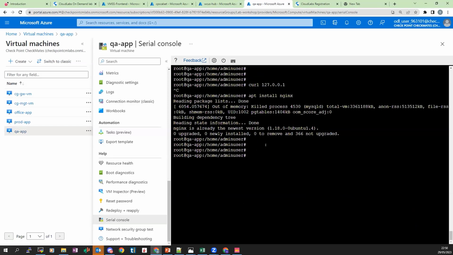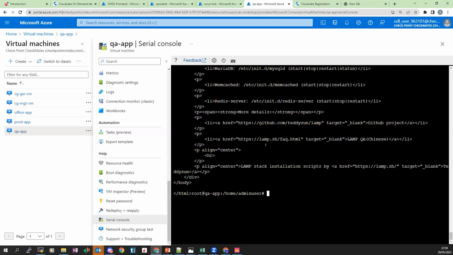I think it was working for me. So let's see. Let's run curl 127.0.0. Yeah, it's working. I have a web server on it. I can publish it. You can publish 22 if it's not working for you. But